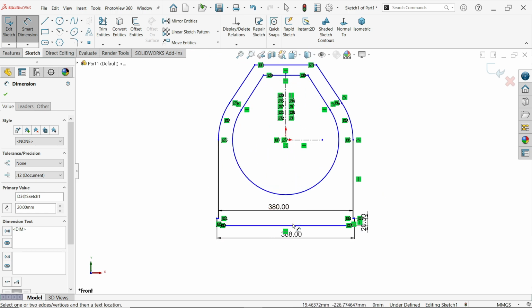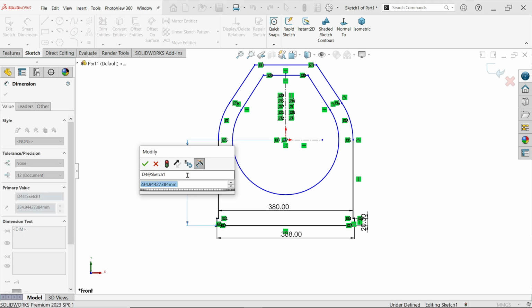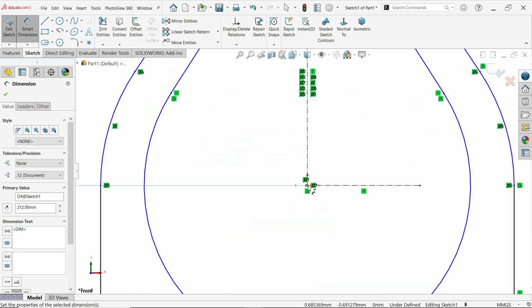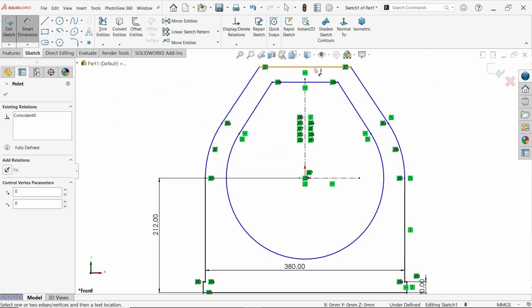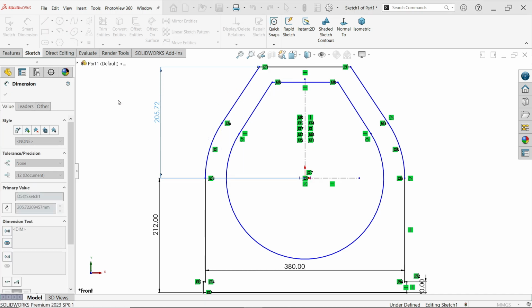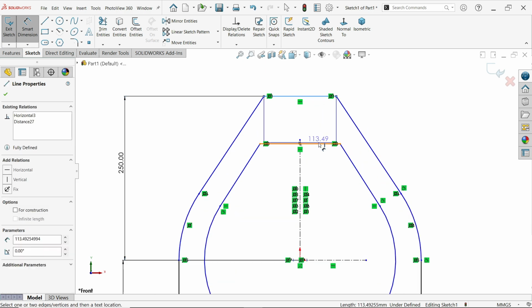Now distance from here to here, 212. Center distance to outer edge 250. Okay. Now distance from here to,